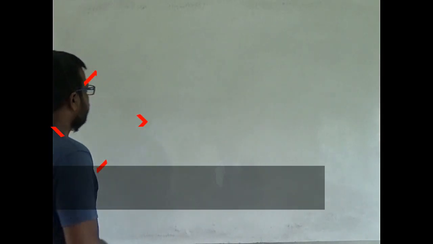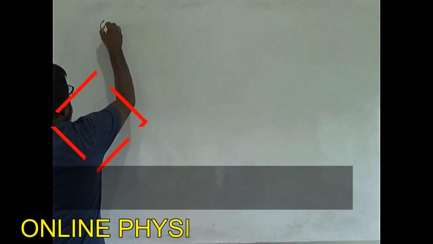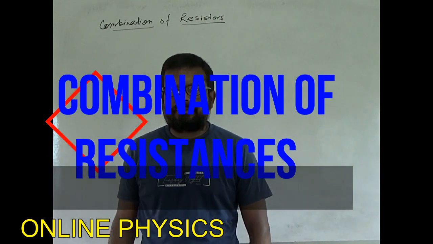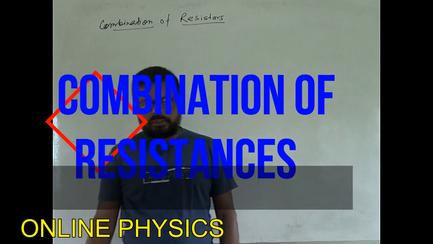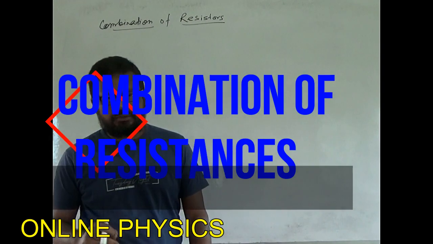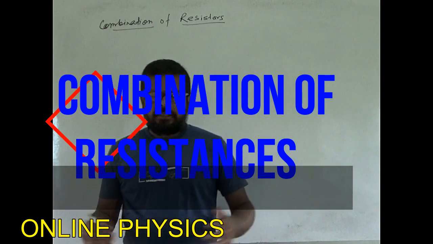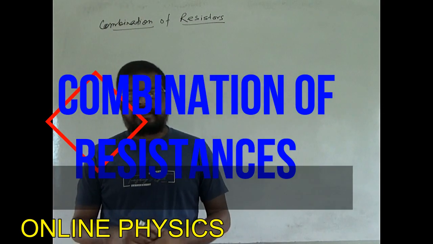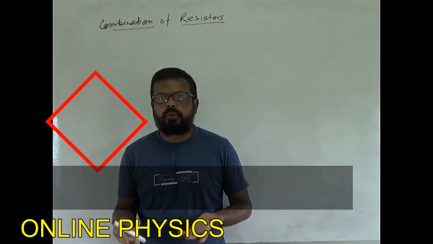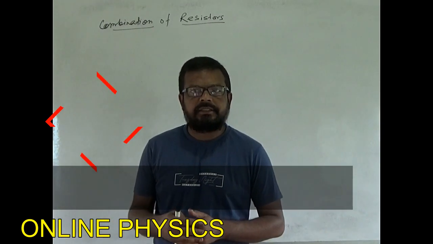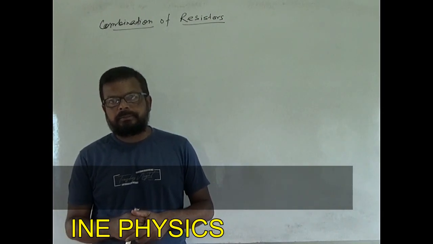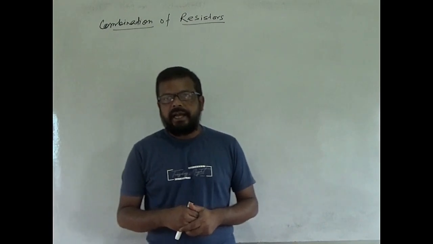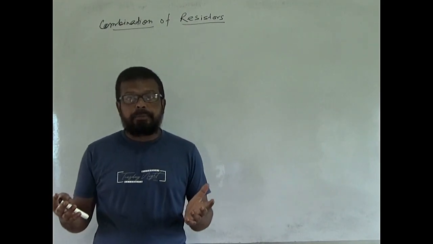A combination of resistors. Various resistors may be connected with one another, which is the practical case. We use several resistors in a network. These resistors may be connected mainly in two ways: one is called series combination and the other is called parallel combination. There can also be mixed grouping of resistances, and also they may be complex.